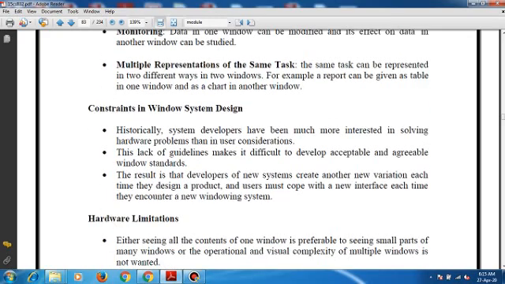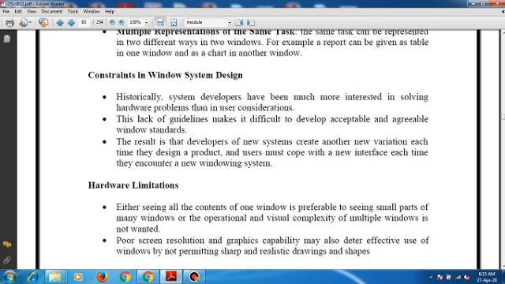The next point is hardware limitation. If you look at today's windowing systems or screens, they are not large enough to take advantage of it. We still see a lot of users of personal computers expanding their windows so that they cover the full screen.